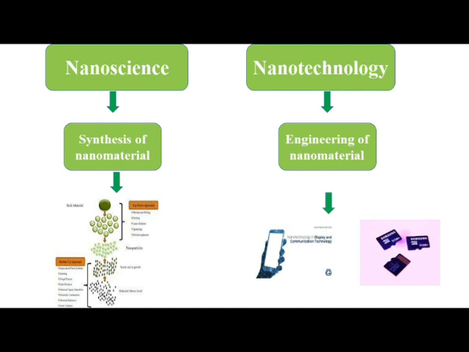As students of chemistry, or from a chemistry background, we have a lot of scope in this field, that is, in the synthesis of nanomaterials. Why do we have a lot of scope here? Because for synthesis we should know its chemistry, what exactly the chemical composition is, which reactants are used. We have to do chemical reactions, so the major role is played by people from a chemistry background.